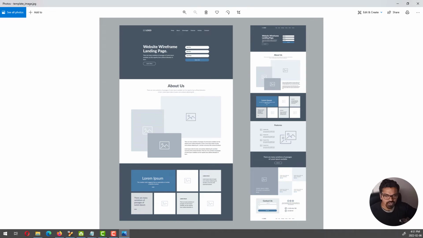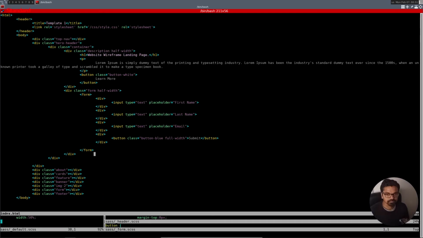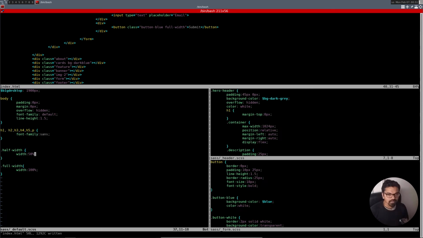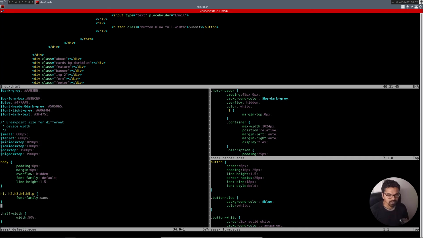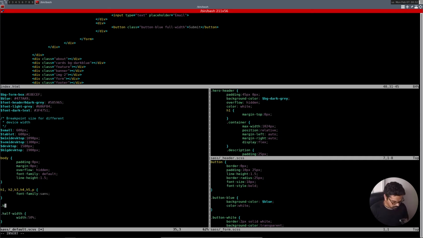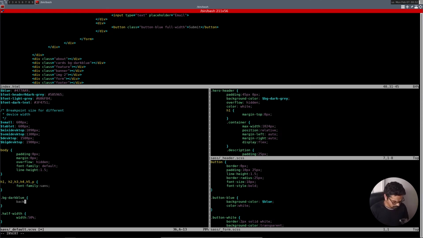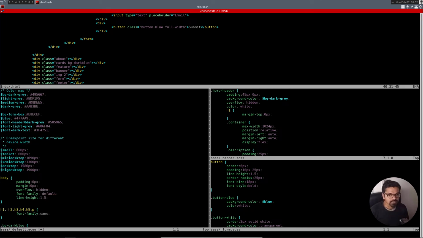So cards will have a BG of white, blue. Yeah, I should just put your BG as dark blue, right? Maybe that'll be a nice little thing we could put over here. Yeah, a class after body, after h1. Let's put here as BG dark blue because it's common. So it's going to be slash BG